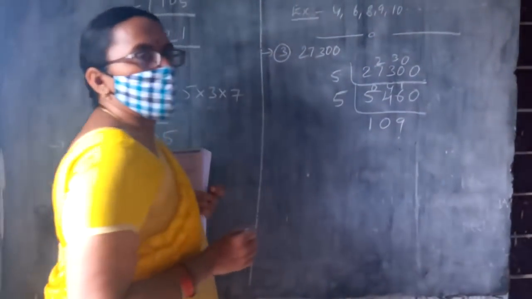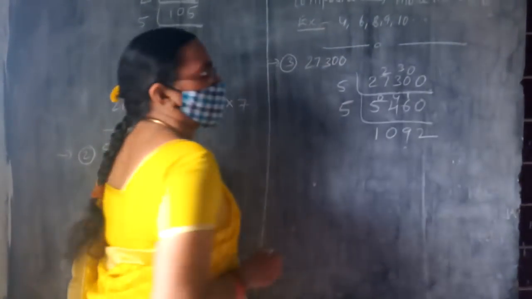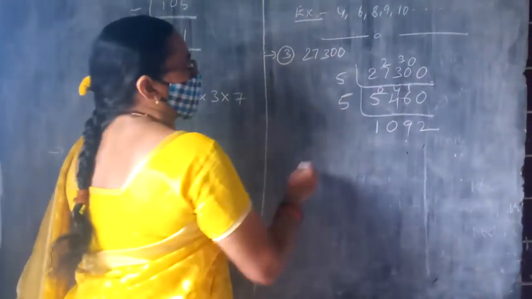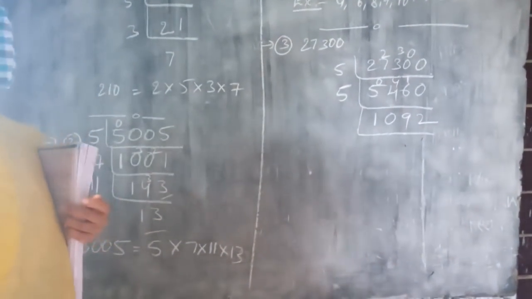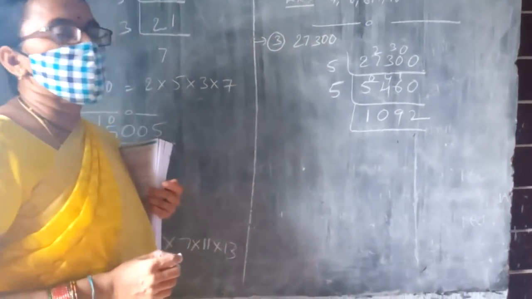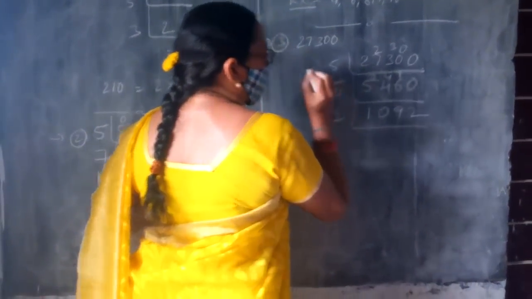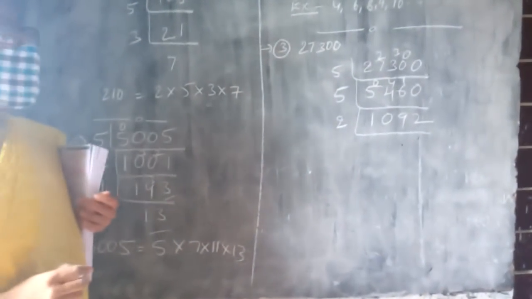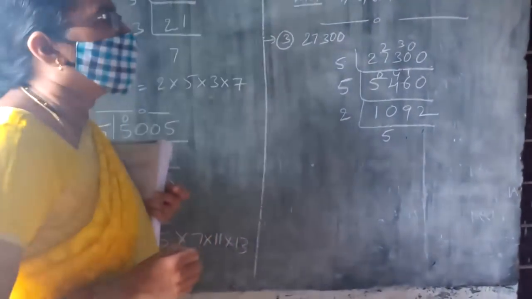1. 1 means 10. How many times is it divisible? 2 times. What is the digit in the ones place? 2. So which divisibility rule? We use the second divisibility rule. We take the second prime number, 2. 2 how many times divisible? 5 times. What is the remainder?